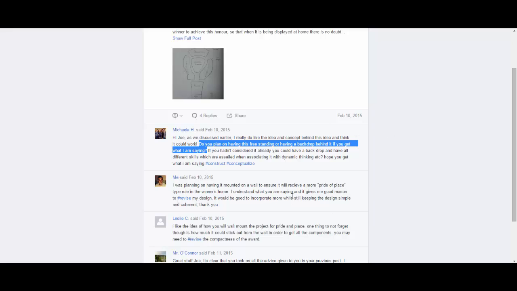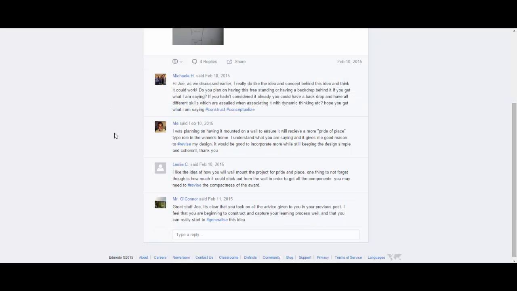And I was saying that I wanted it to be wall mounted, but obviously I found out now that that's not going to really be possible. It's not flat enough. But this is the kind of question that needs to be asked, that wouldn't be asked if I was at home designing it on my own. It's about collaboration. It's about other people's opinions in your design, and that's perfectly okay.